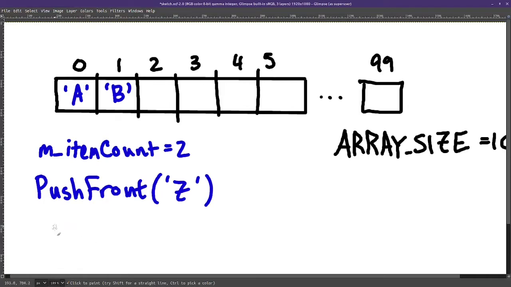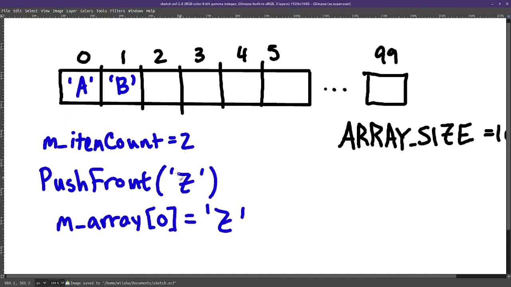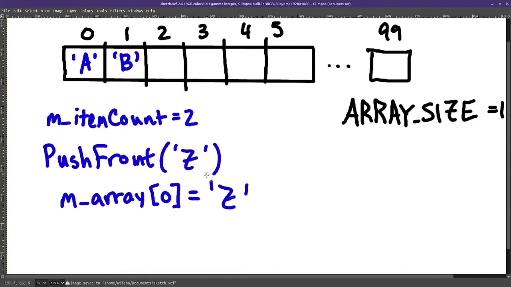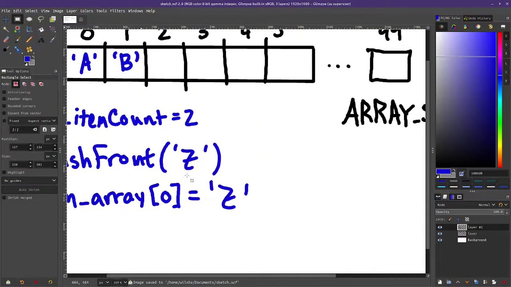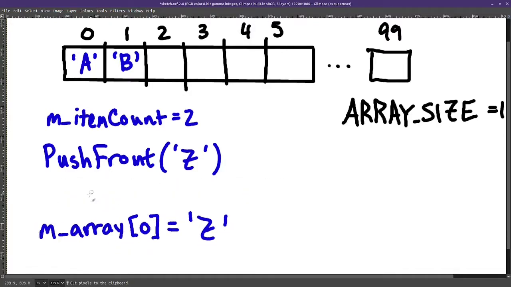Because if we say M array at position 0, which is always going to be the front, is equal to Z, well, that just overwrites this. That's not really what we want. We want to keep all of the data and just move things over. Well, that's what the shift right function will be for, that we're going to use and implement a little bit later. But just conceptually know that